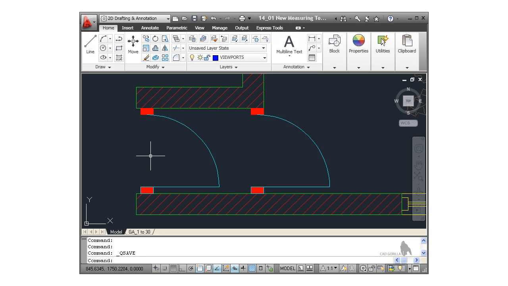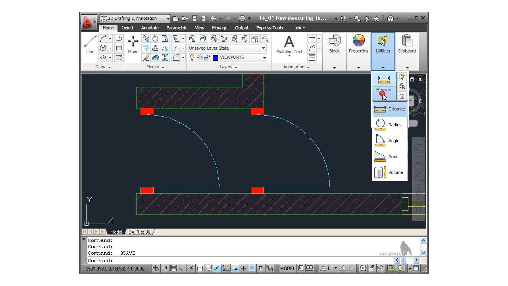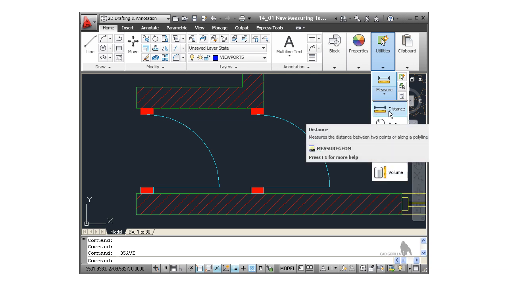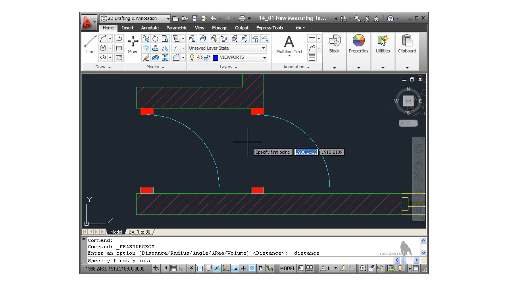AutoCAD 2011 provides us with some fantastic tools that allow us to calculate areas and distances. I'm in the 2D drafting and annotation workspace, in the Home tab on the ribbon, and in the Utilities panel here you've got a measure tool, and when you click you can measure distance, radius, angle, area or volume. I'm going to go for distance first of all, and when I click on it and come into the drawing